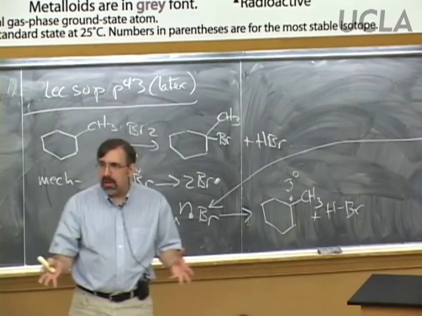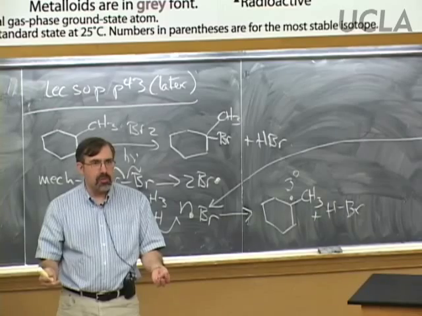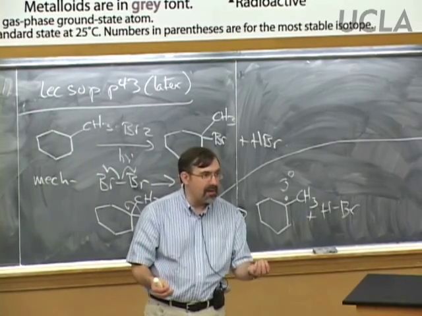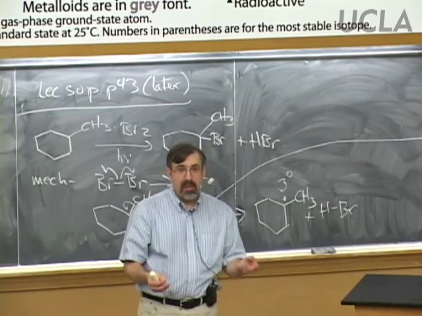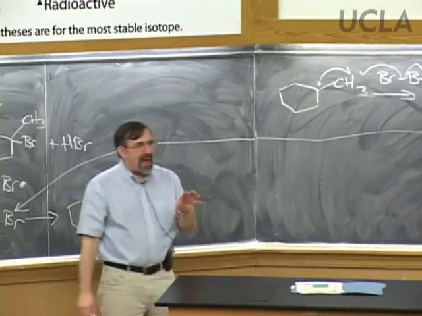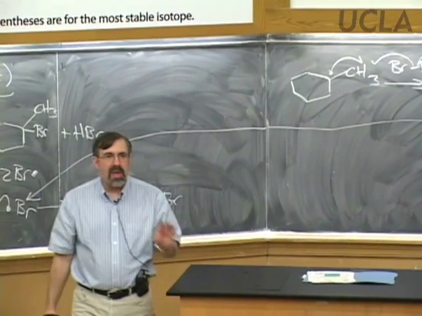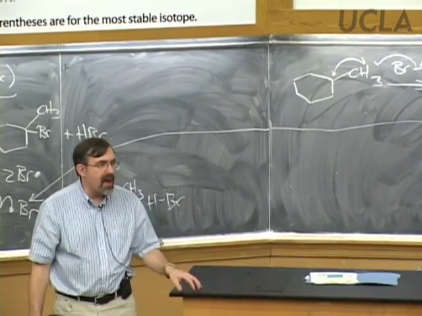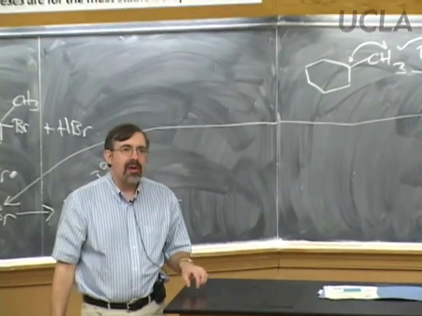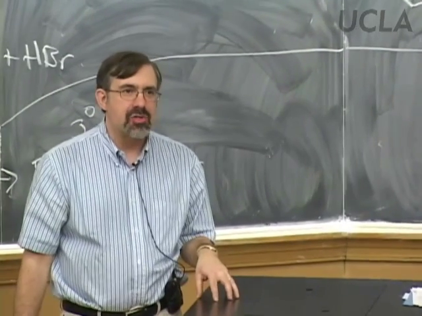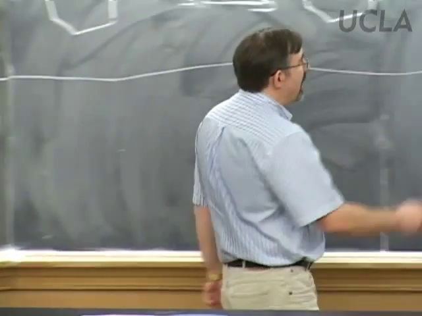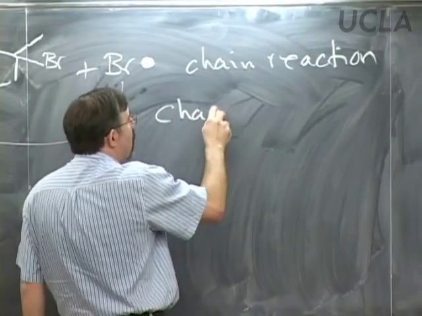Eventually, radicals get used up, the reactants get used up, etc., which in some ways is good because there are certain radical processes we're going to talk about later that if they never stopped, the world would be in big trouble. All right, so when we're talking about a radical mechanism, we can identify the radical involved steps in one of three categories. There are either categories in which radicals are made, transferred to the next generation, or consumed. So these steps, these chain steps is what we'll call them,